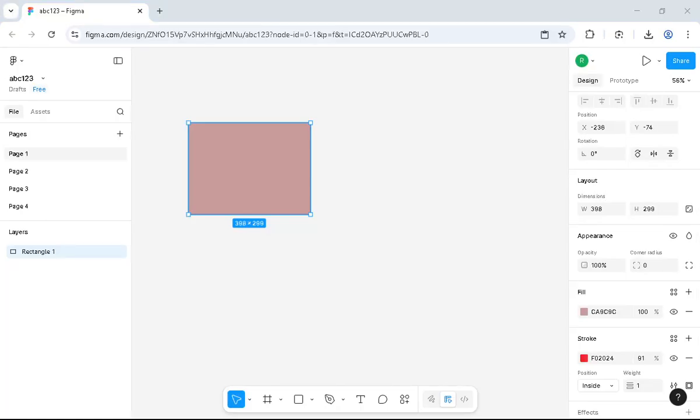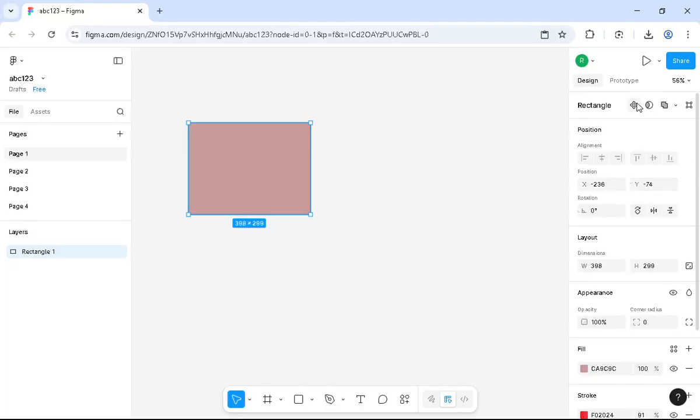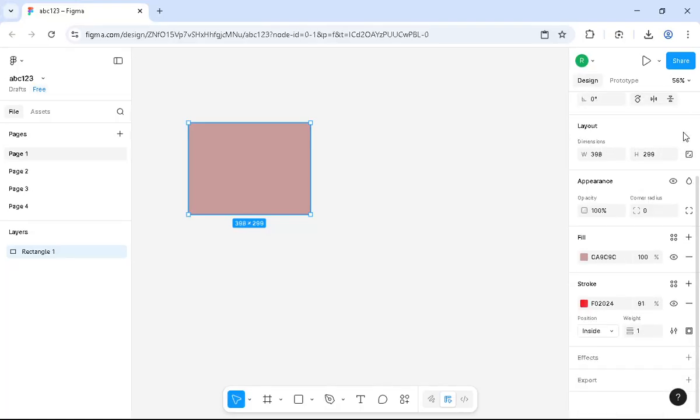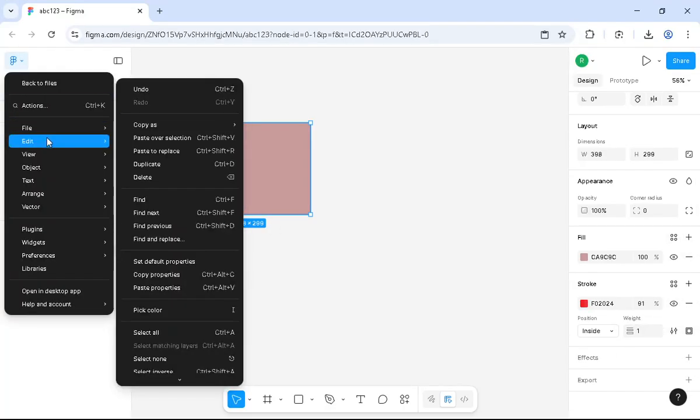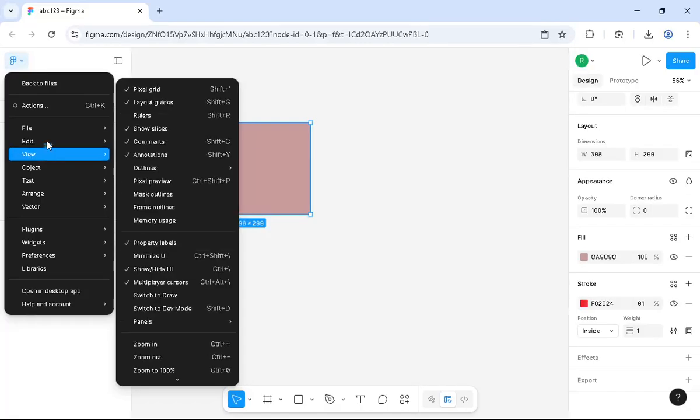Okay, so maybe the layout is related to one of these things, but this is not going to work whenever you don't have the auto layout over here. So I would suggest checking if the grid can appear, which is under View here, and then click